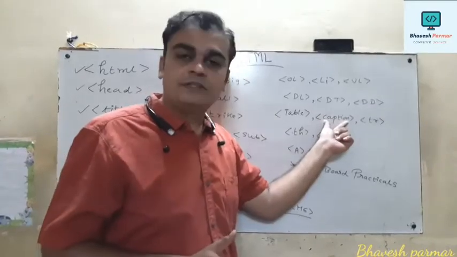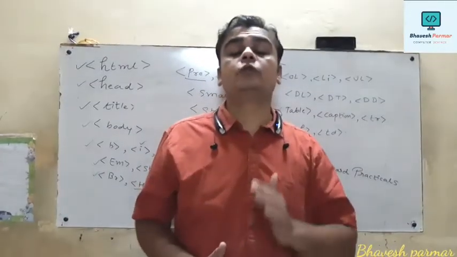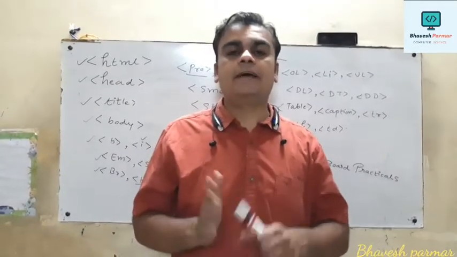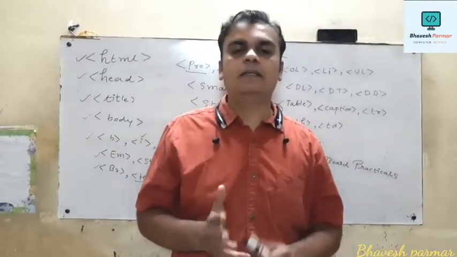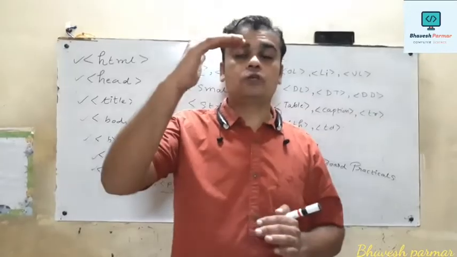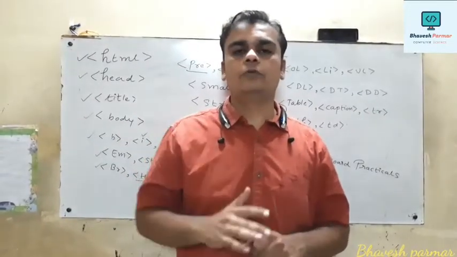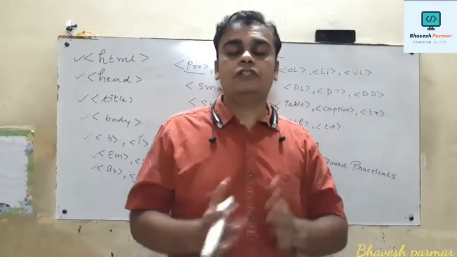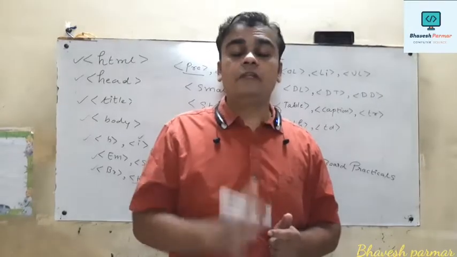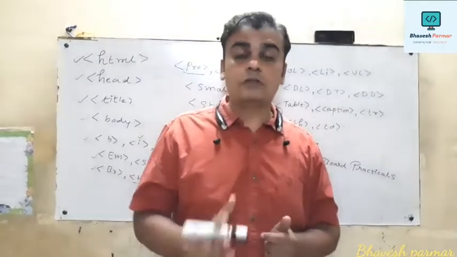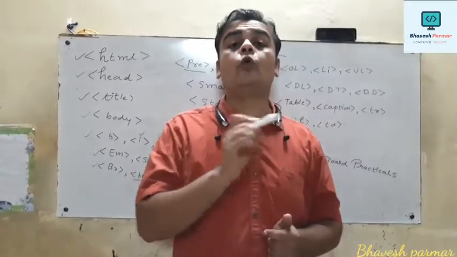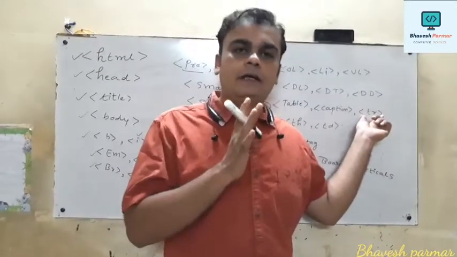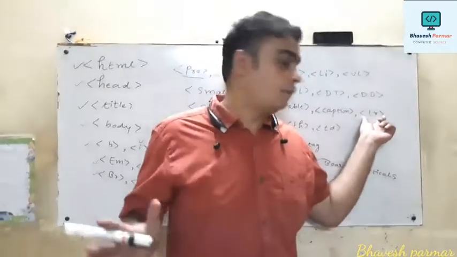So what is the use of caption tag? Caption tag is widely used to provide proper heading to the table. Caption has one attribute, that is align, and we can display it either at the topmost position of the table or below the table. Thereafter TR tag. So what is the use of TR tag? Generally we know that when we fill information in a table, we fill it in row wise form. So in that case TR tag represents table row and information must be filled in row wise form.